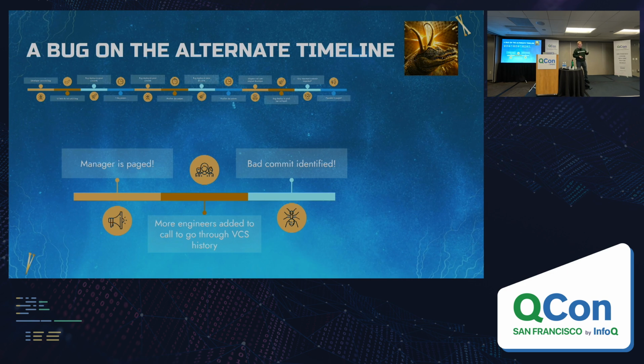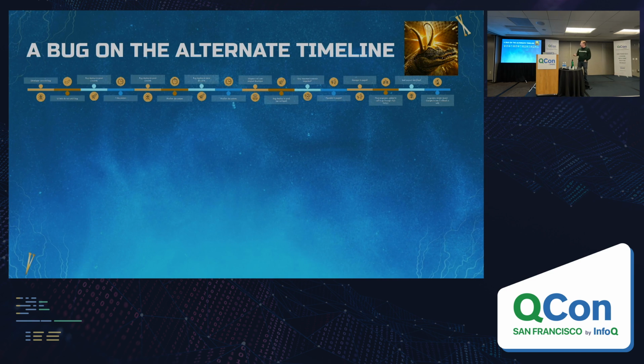So several other commits have probably come in since then, and now they have to spend some time thinking about whether or not it's safe to roll back to the commit prior to that, or whether that's going to just cause more problems. So they spend some time talking about that. They decide if the rollback is safe. Timeline's getting really big up here. So then they decide it's safe.